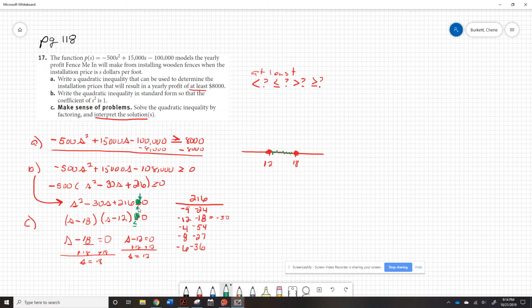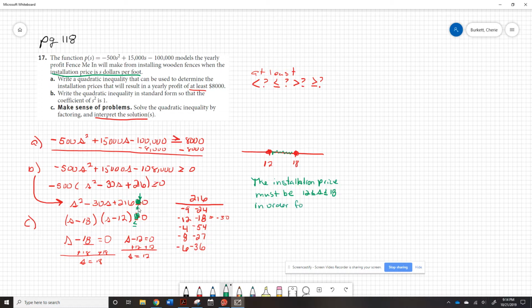I want to be sure that you interpret it correctly. So the interpretation for part C would be: the installation price must be between 12 and 18